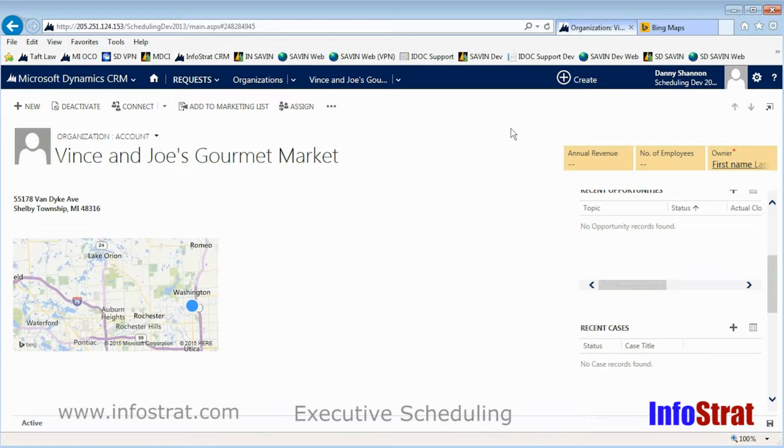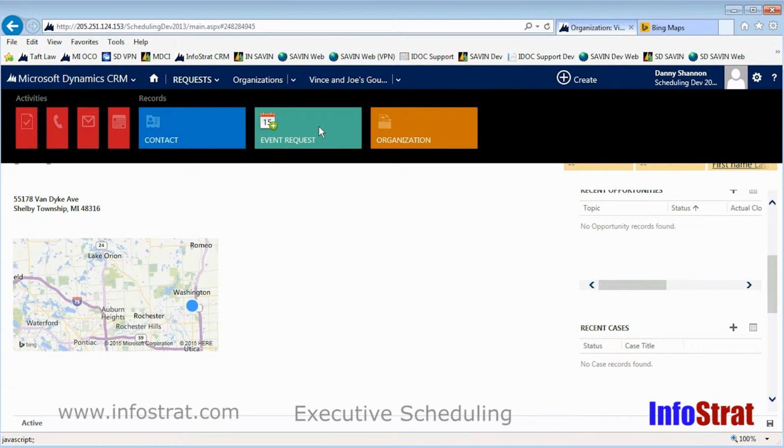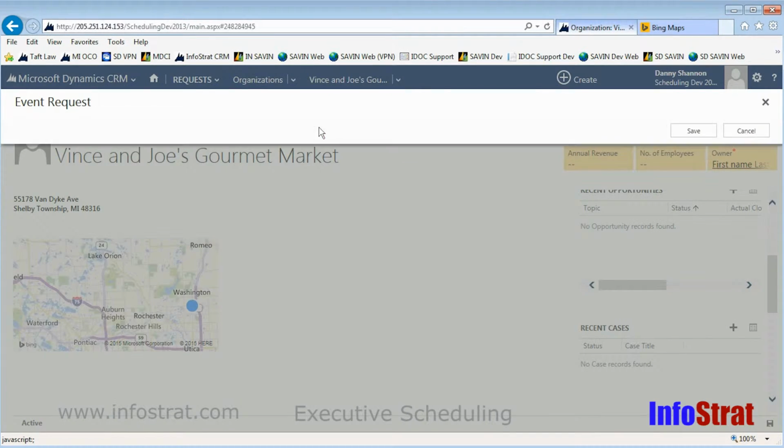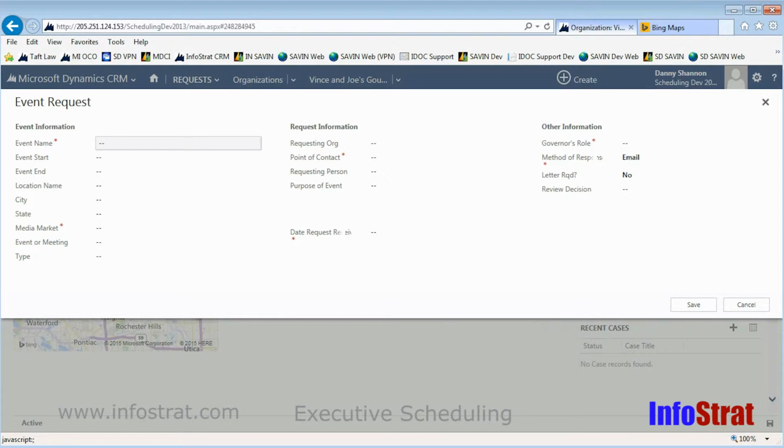And Dynamics CRM also provides a quick create feature. So if I get a phone call with a request, I can basically start from anywhere within the system. I don't have to navigate to another location to add that request. So we're going to add a request here. We're going to add a ceremony